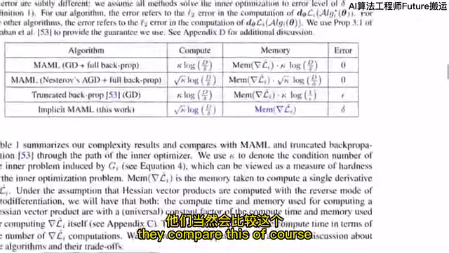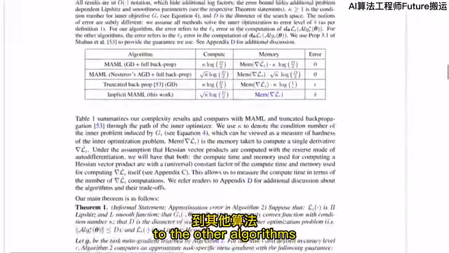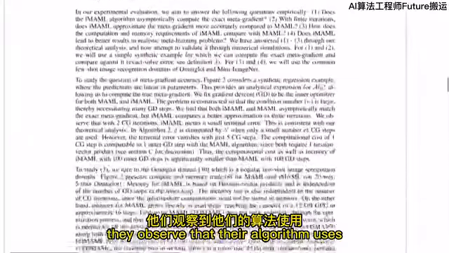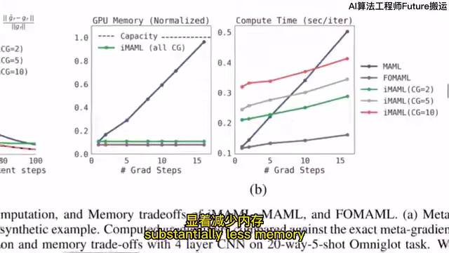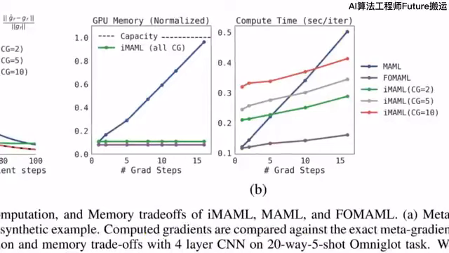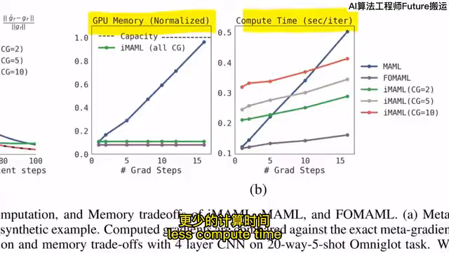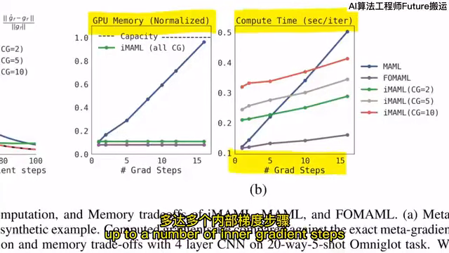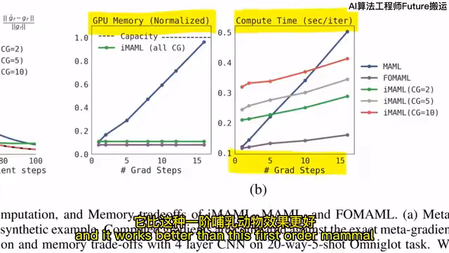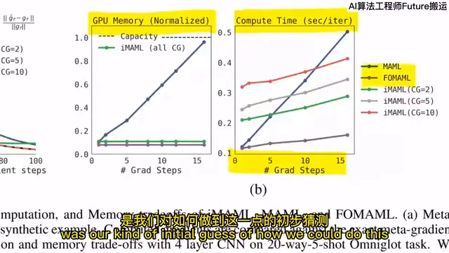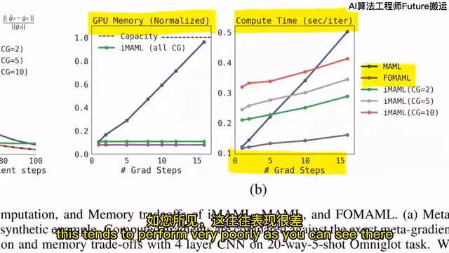They compare this, of course, to the other algorithms. They observe that their algorithm uses substantially less memory and substantially less compute time once you go up to a number of inner gradient steps, and it works better than this first order MAML. So this first order MAML was our kind of initial guess of how we could do this. This tends to perform very poorly. As you can see,